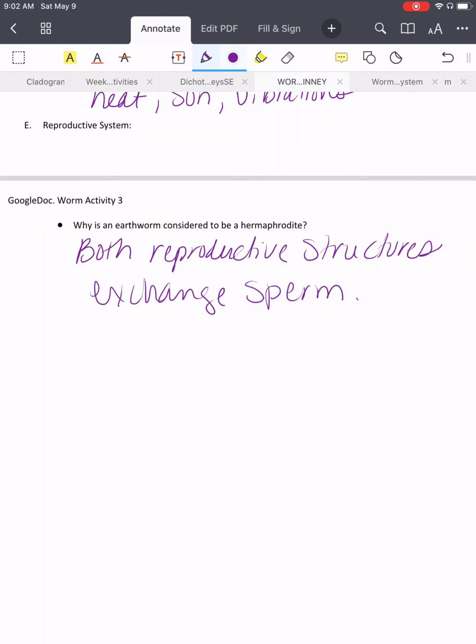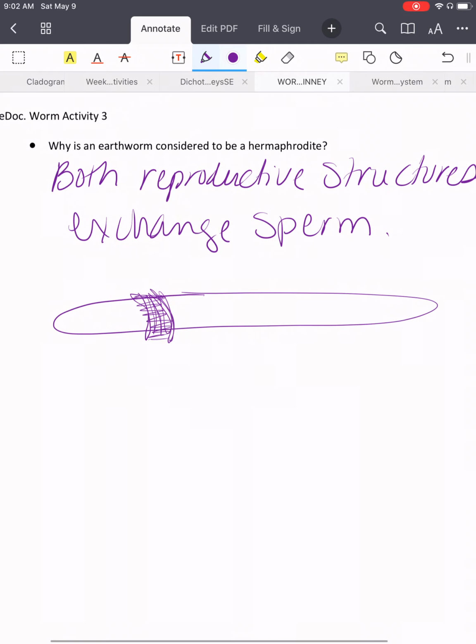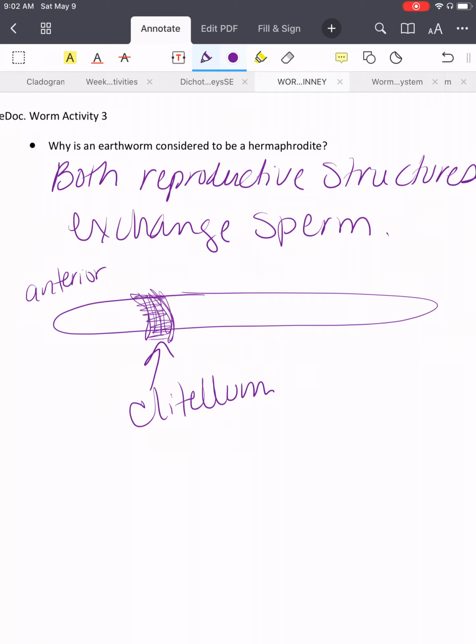So, we talked about, well, maybe we haven't yet. We will talk about it, I guess. They have this thing that looks like a Band-Aid that goes around them, right? And I know you've seen that before. So if this is the head of the worm, or the anterior, this thing, this is the clitellum, and it secretes a cocoon, and so then it kind of wiggles out of the cocoon